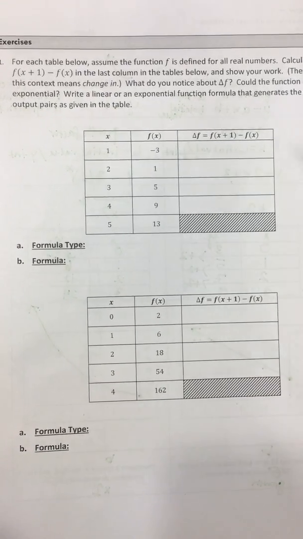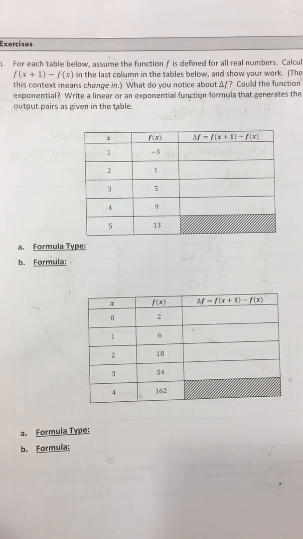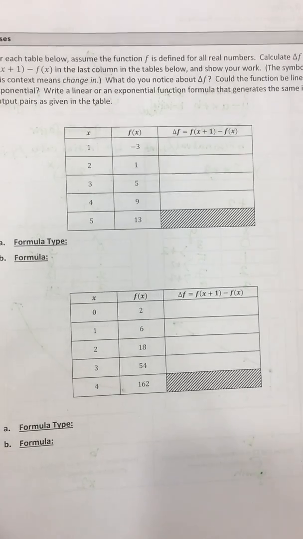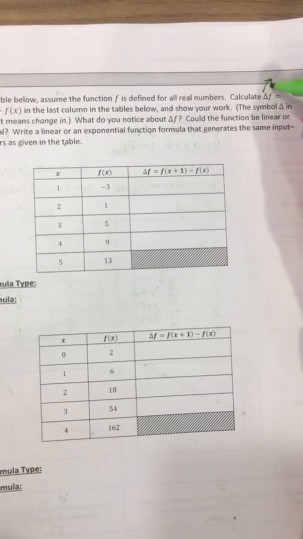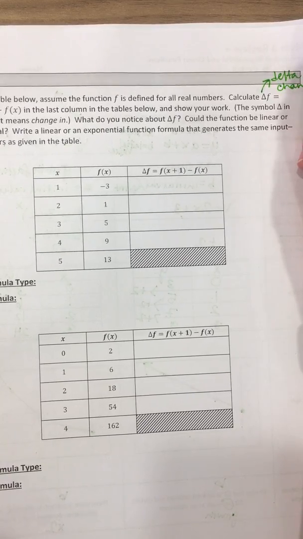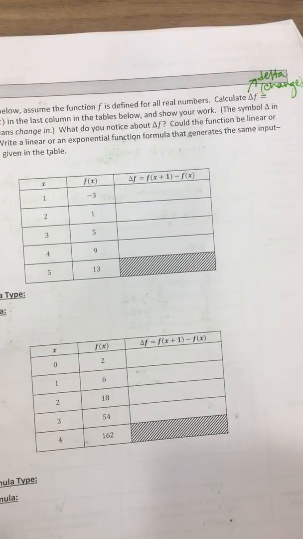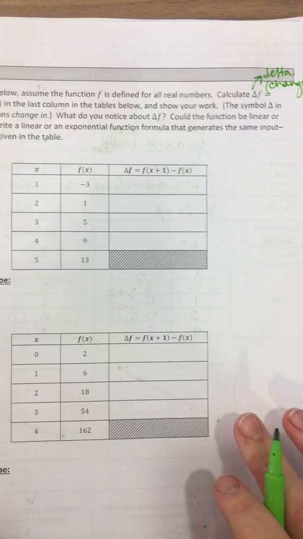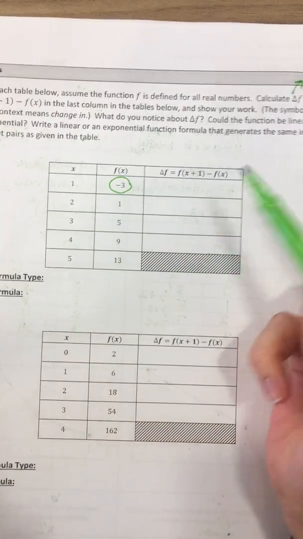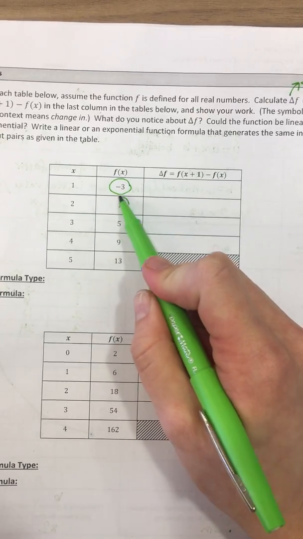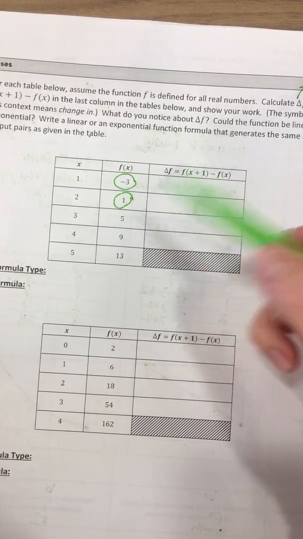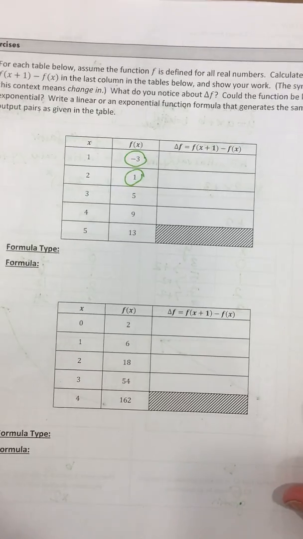So, for each table below, assume the function f is defined for all real numbers. Calculate delta f. Now, this little triangle means delta, and in math, really that just means the change. So calculate the change in f, meaning you take the old point and the new point, and you see what the difference was. So how did I get from -3 to +1? We've done this plenty of times, but now I'm just showing you